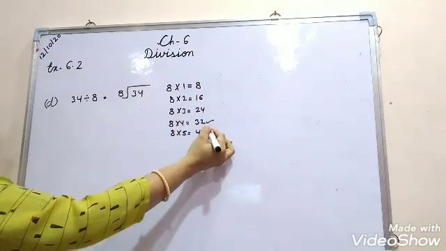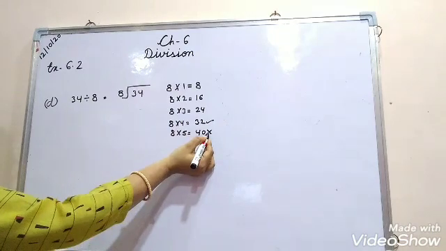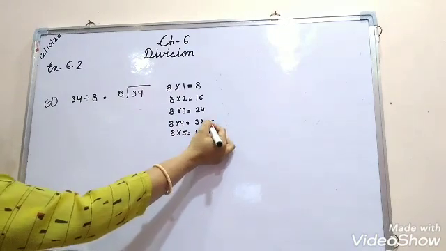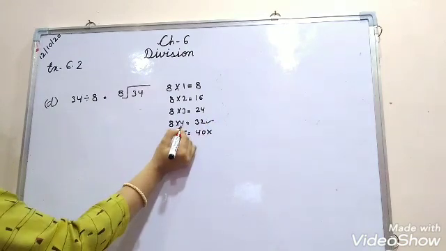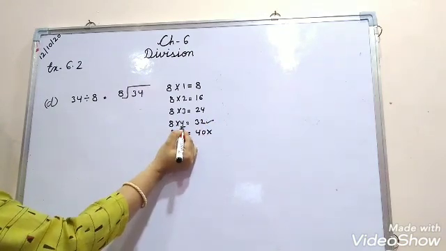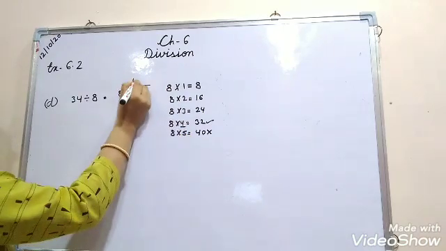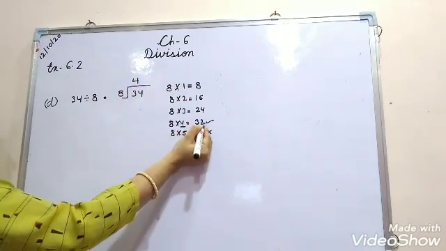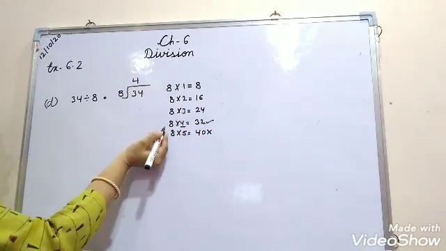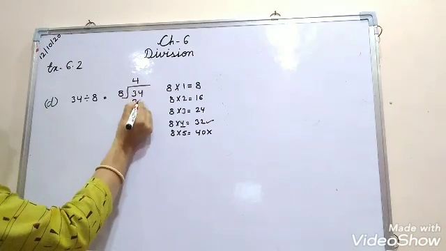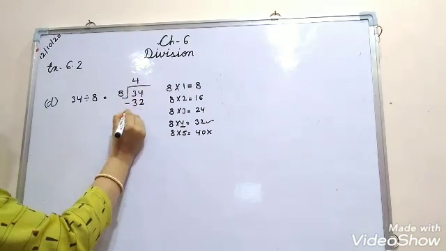So we will choose the number before we crossed the dividend and reached the bigger number, the number that is exactly above it. So we will choose 32, and how many times is 32 coming in the table of 8? In 4 times. 8 fours are 32, so we will write 4 at top, and 32 is the product of 8 and 4. So we will write 32 below 34, and after that we will do subtraction.